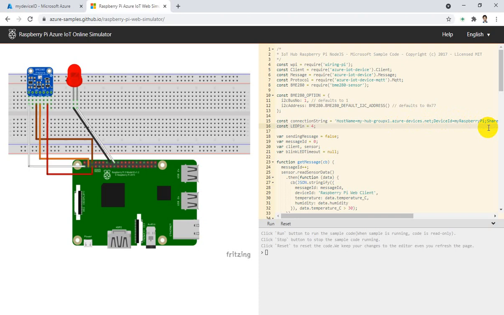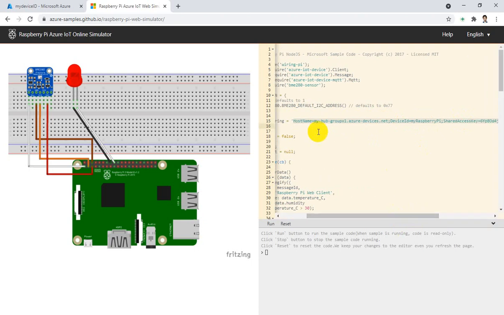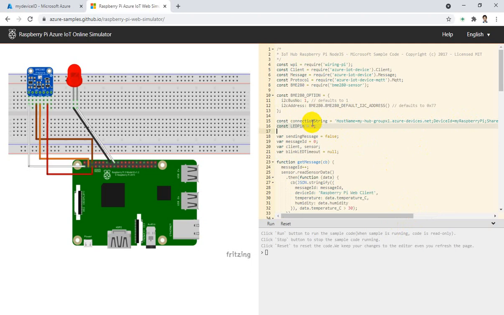Constant connection string. So we have to replace it with our string copied from the portal. Check where it is actually starting and ending. Okay. So we have to choose this line,